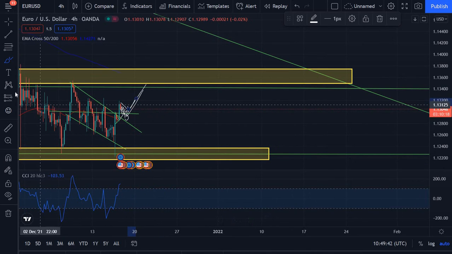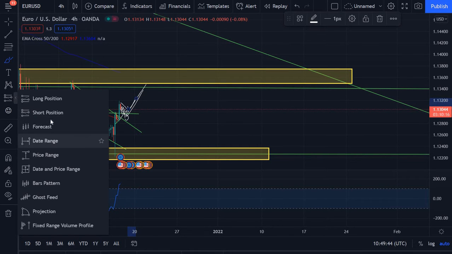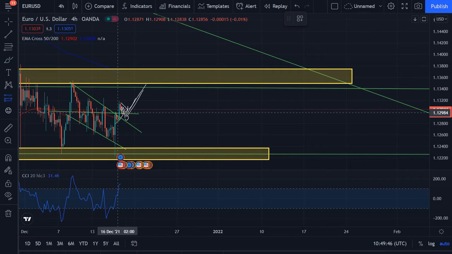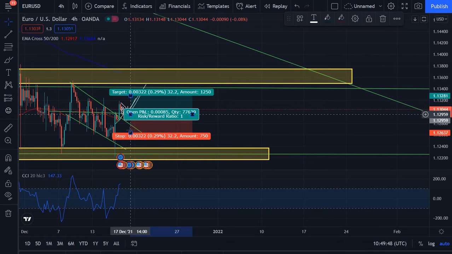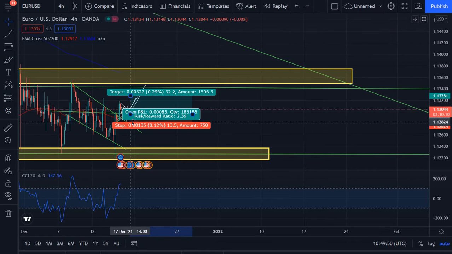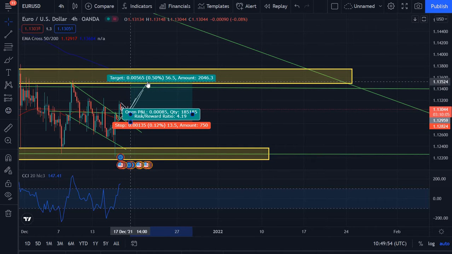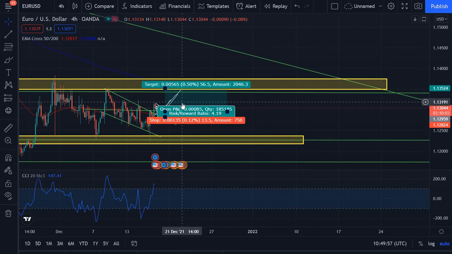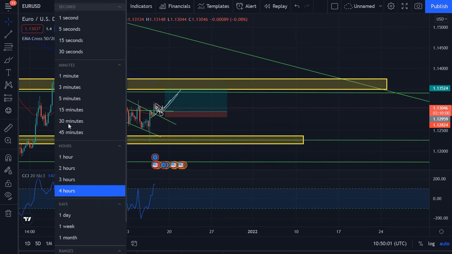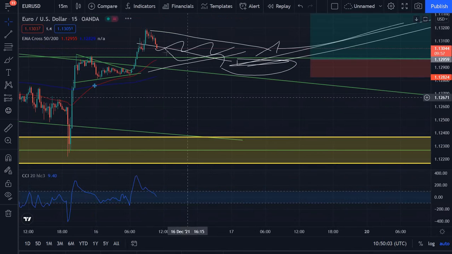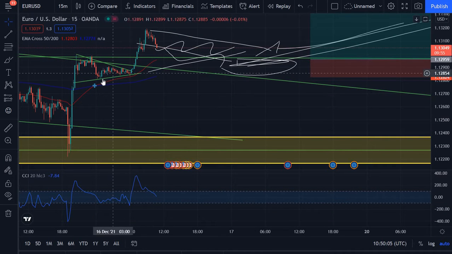If we quickly zoom in and buy somewhere around here with a stop loss below here, and the target would be around here. So roughly a 4.0 risk reward ratio. Here on the 5-minute chart, we saw this push above here at the 50 EMA, so